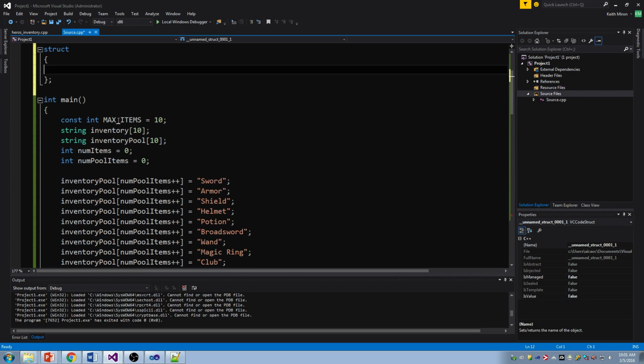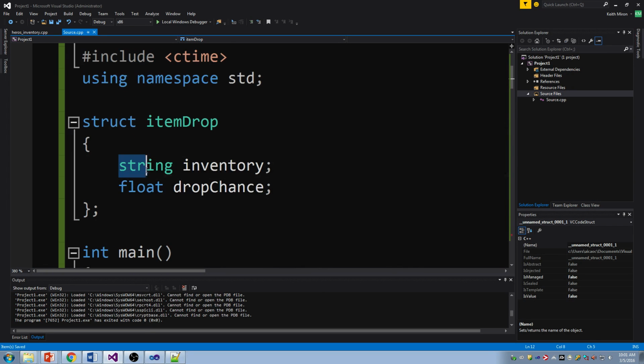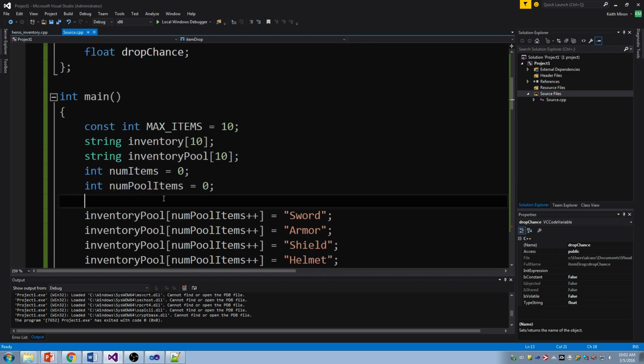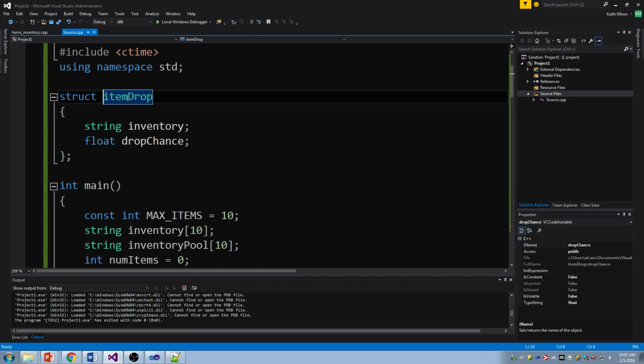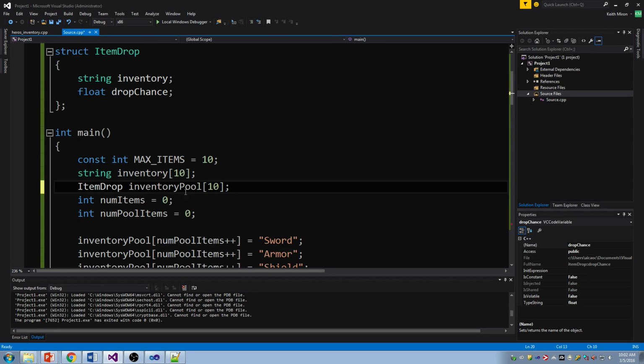We talked a little bit about this with objects, where we defined methods and members associated with objects. But here, if I had something like a structure for an item drop, I could set up what's called a structure, which has two pieces of data within it, which is an inventory as well as a drop chance. And if we wanted to, we could set up an array of these in our inventory pool instead. So if I had this item drop, we could set up our inventory pool